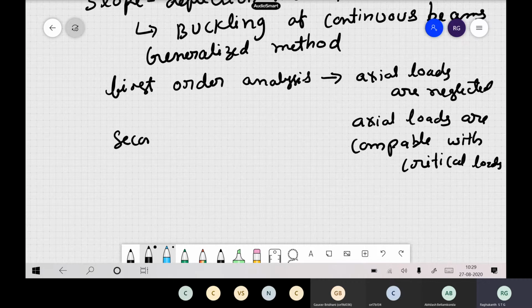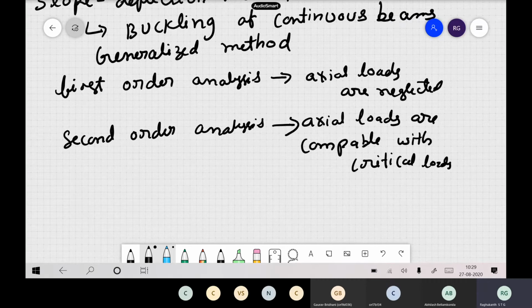Generally in structure analysis, this we call a second order analysis. There is nothing like first order or second; it's not like a Taylor series kind of thing. First order only means the axial loads are very low compared to other things, so we ignore them, and then we calculate rotation, deflection, bending moments and internal moments. But when axial loads are of very comparable magnitude, then you have to include them also and recalculate the slope deflection equations. And once you know the slope deflection equation, it is a very, very generalized and simple method. You can use it for continuous beams and frame structures, and it comes up automatically.